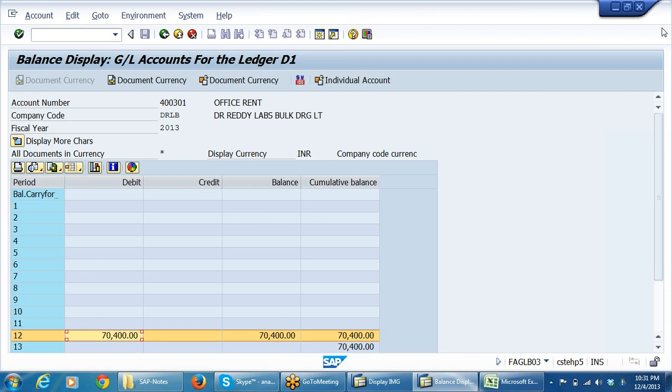A document number for day one, shouldn't it be one